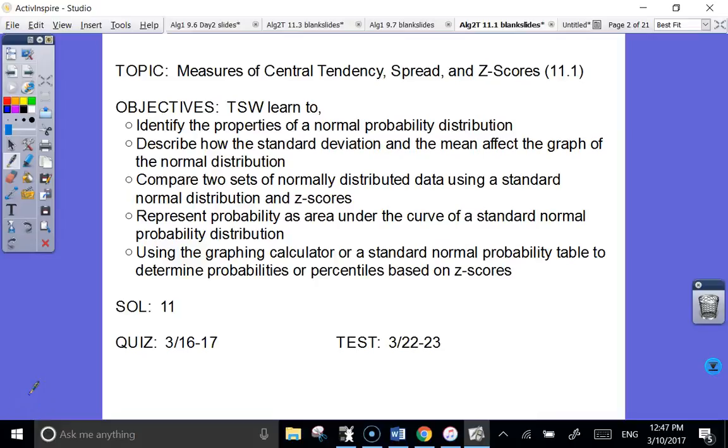So a lot of what we're doing today, you might have done everything we're going to do today in Algebra 1. All right, we're kind of going over measures of central tendency, which means mean, median, and mode, and spread, which is like range, right? And z-scores. All those things are kind of in Algebra 1 anyways, but they're also kind of important to normal distributions, which we're going to do next. So I thought we'd spend a day doing this. You'll probably think it's pretty easy anyways, but